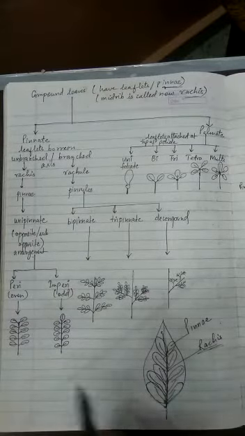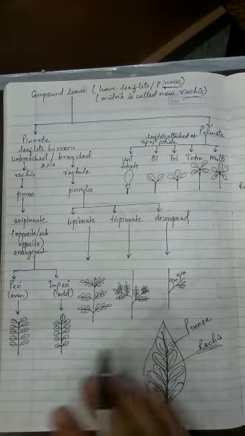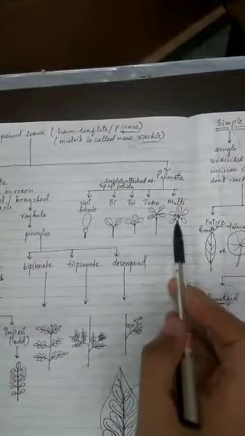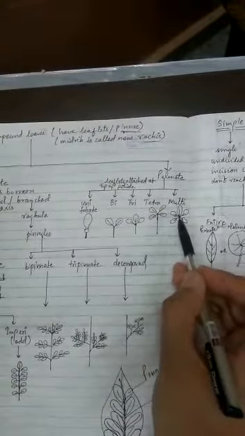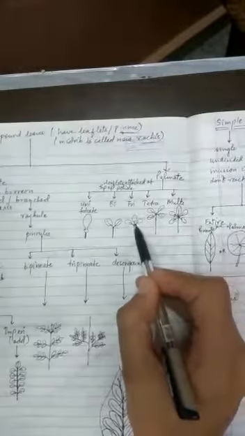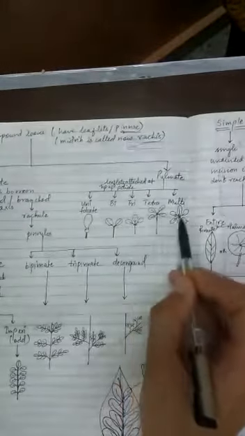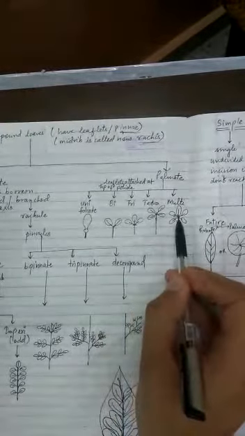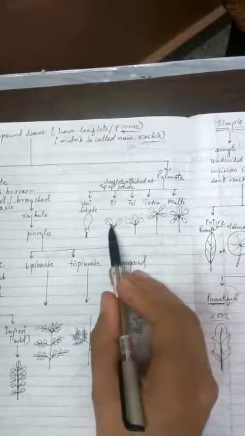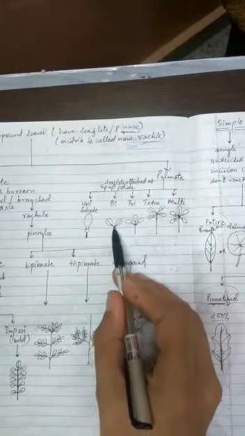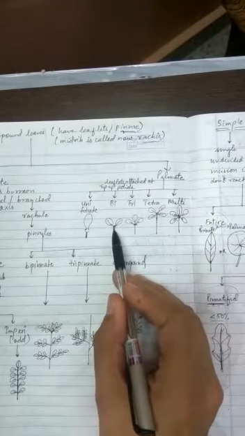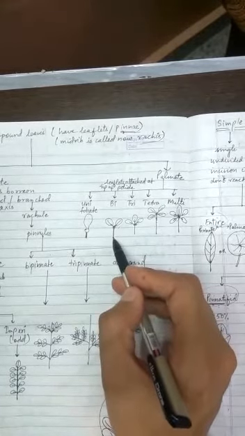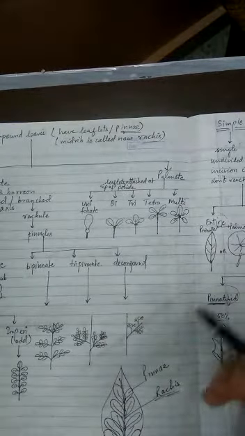Now what happens in the case of palmate shape? In the case of palmate shape, you will find the leaflets arise from a common point. They all arise from a common point. I will show you the examples. I am carrying some leaves with me to explain this concept also. So when the leaflets seem to be attached to a common point or a common joint, or the tip of the petiole, you can even call it the tip of the petiole. What is petiole? The stalk of the leaf.